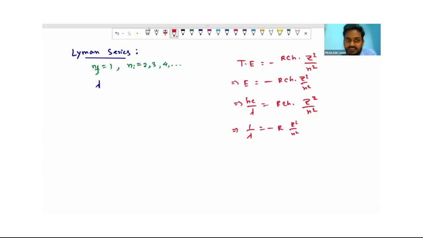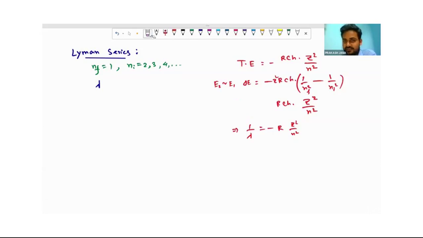No. Actually, this is not energy only. This is the difference of energy, as you know. E2 minus E1, isn't it? So here we will have actually E2 minus E1, so 1 by n final square and 1 by n initial square. Let us take the Z square here. So what we will have,